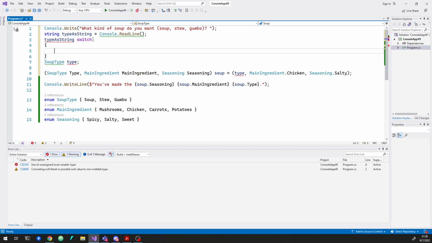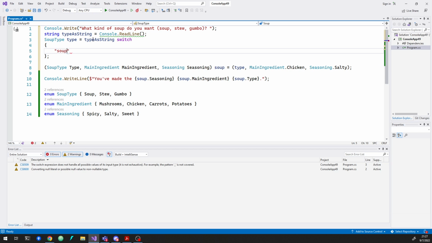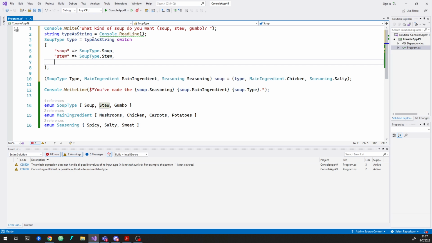And what we'll do is we'll use this to convert a string to an enumeration value, and then we'll assign whatever that is to this. So if they typed in soup, then we map that to soup type soup. If they typed in stew, then we map that to soup type dot stew. If they typed in gumbo, we map that to soup type dot gumbo. And now that we've got that in there,